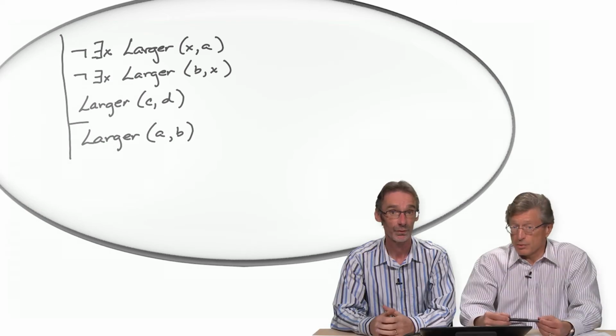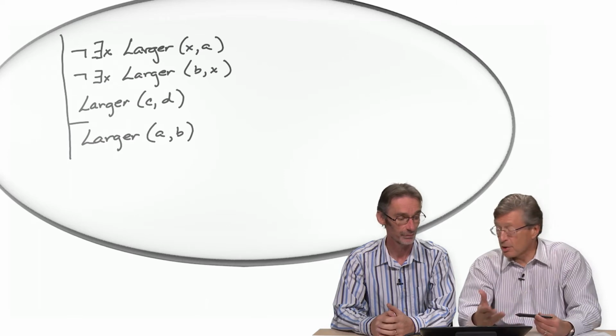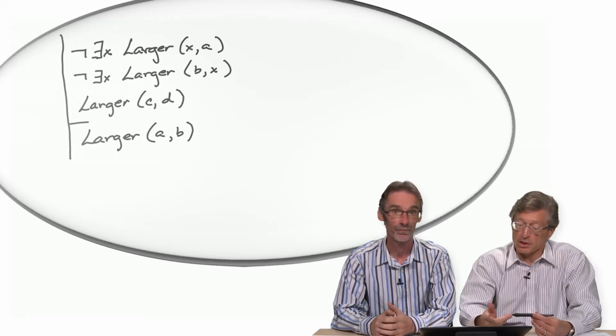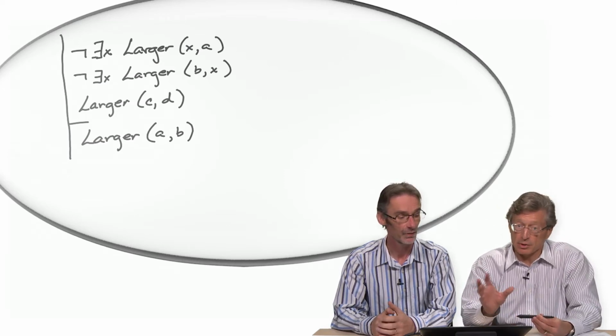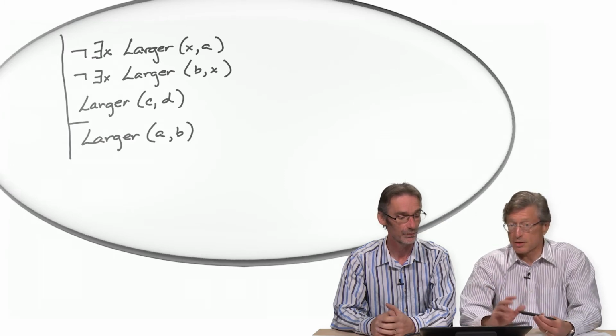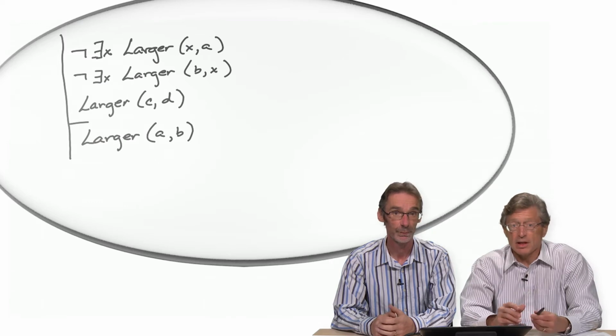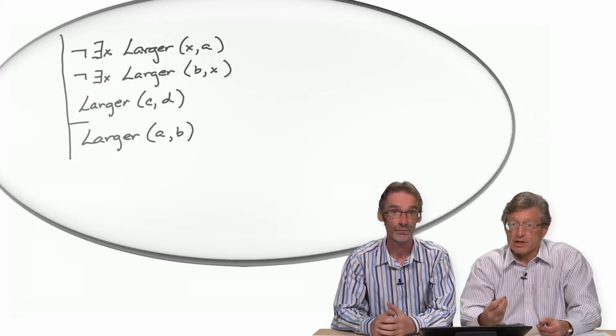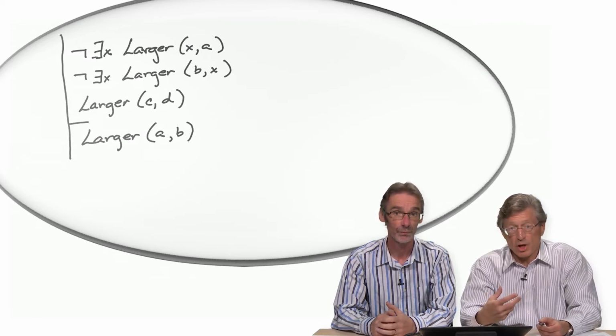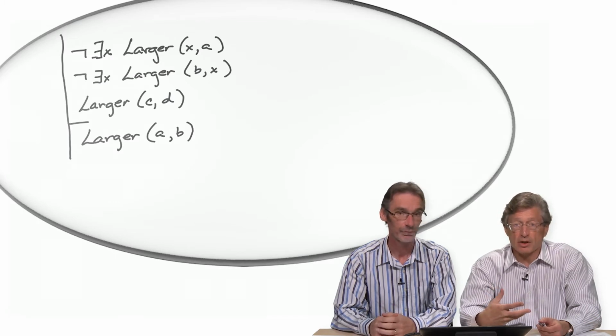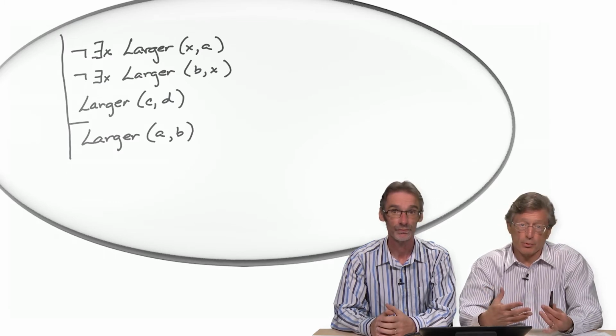The answer is no. Although this may seem like a valid argument in the blocks world language, if you think through it, Larger(c, d) tells us really that there are at least two sizes in this world, and so it does indeed seem like a must be larger than b. But this reasoning requires that we pay attention to the meaning of the predicate larger in order to make it go through.